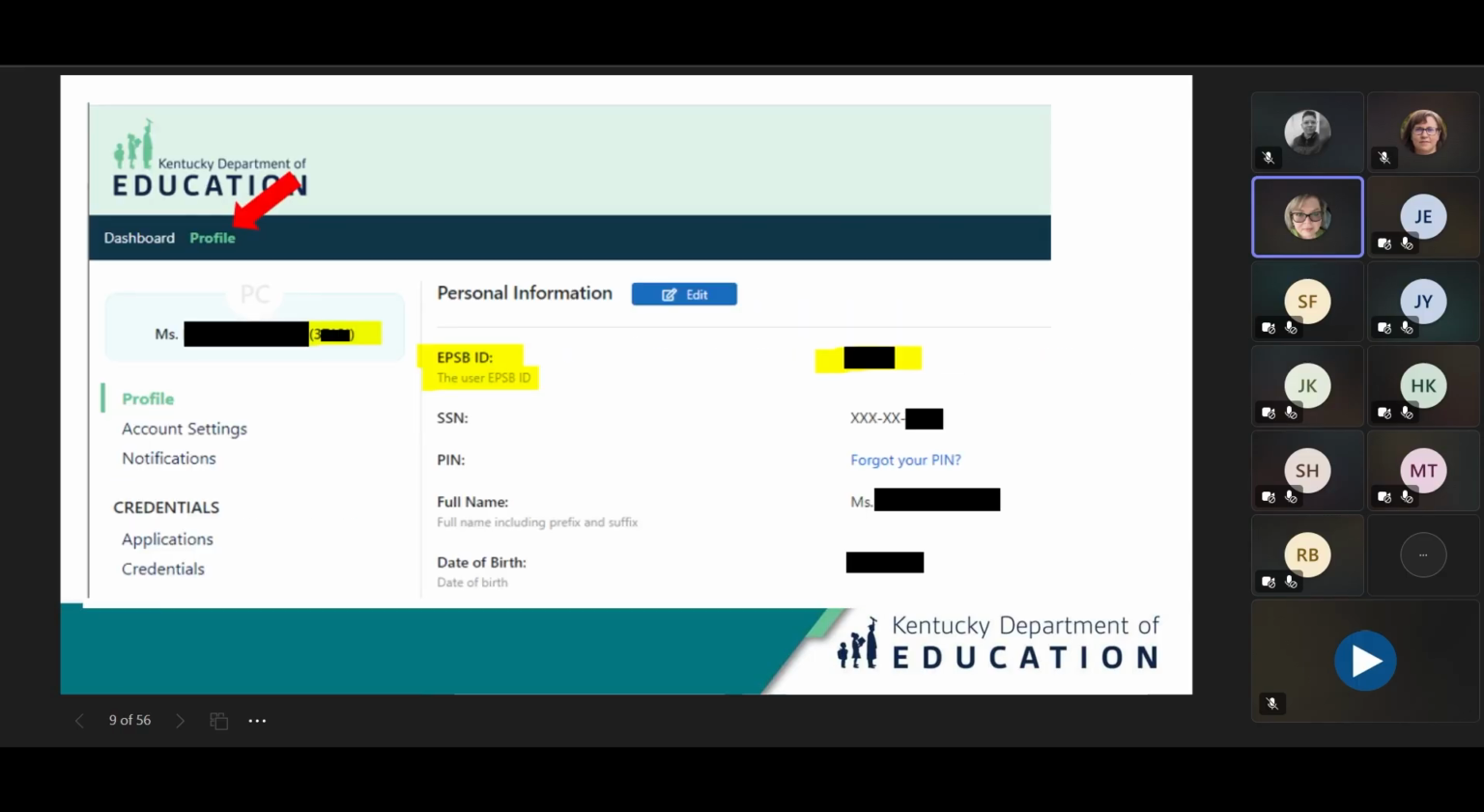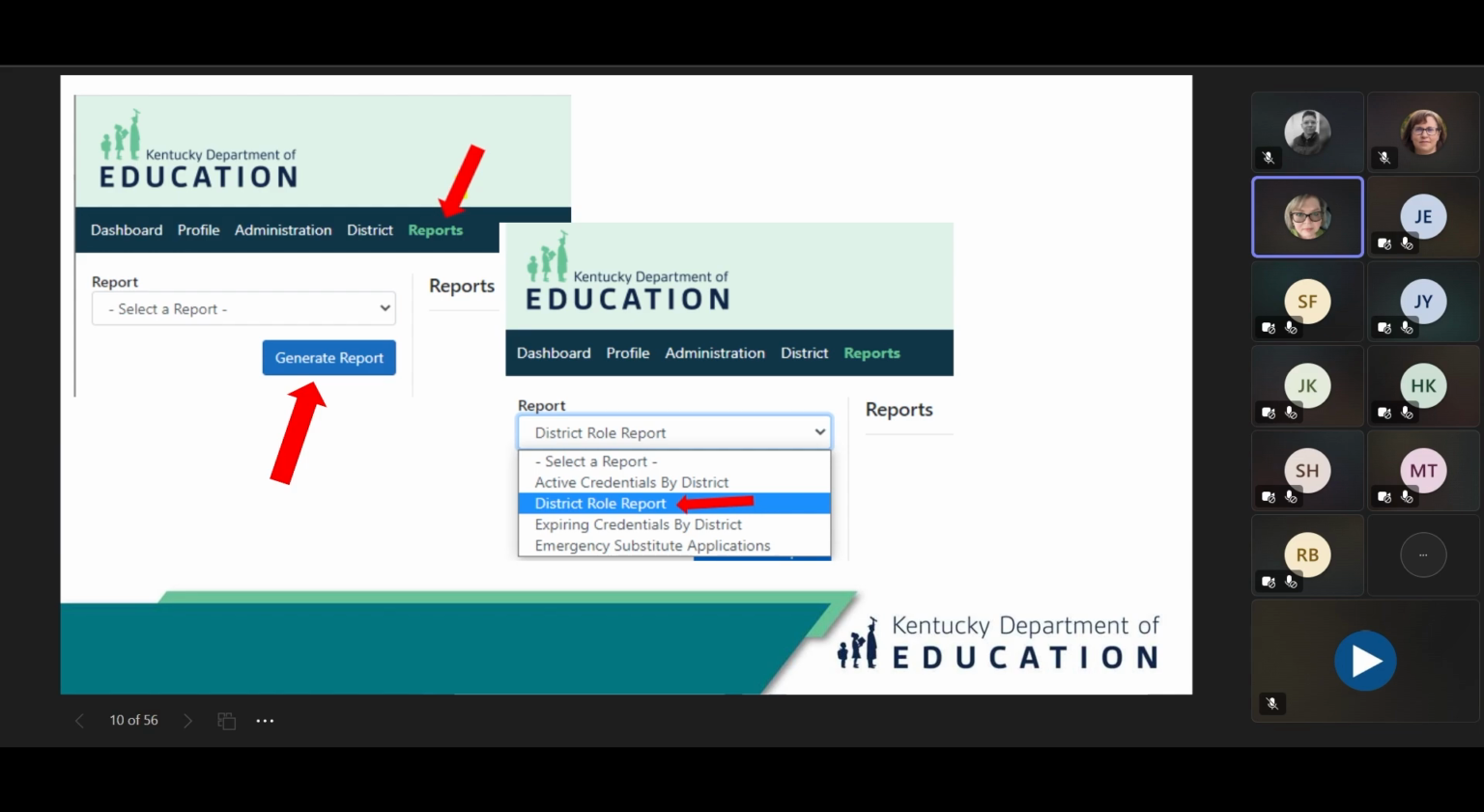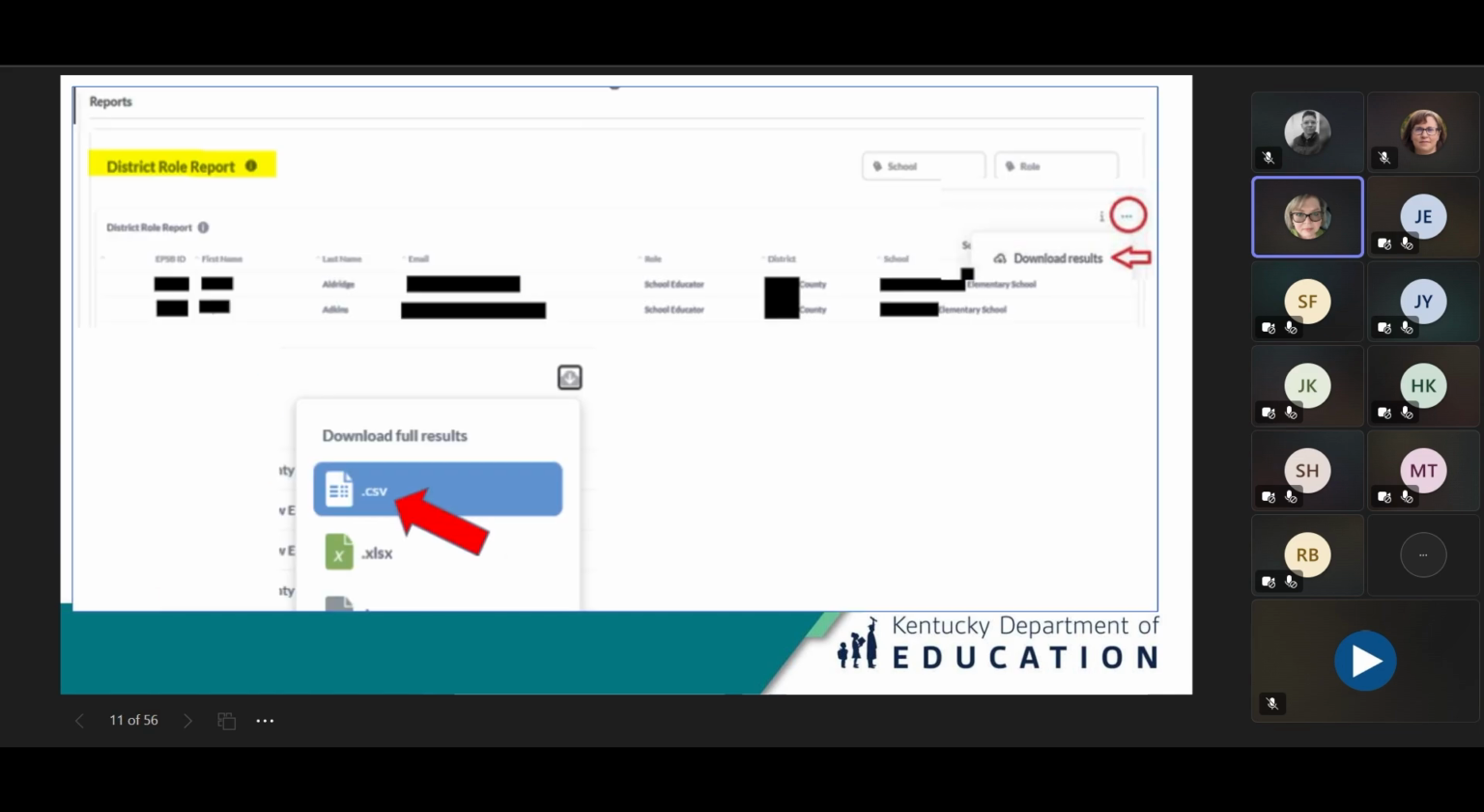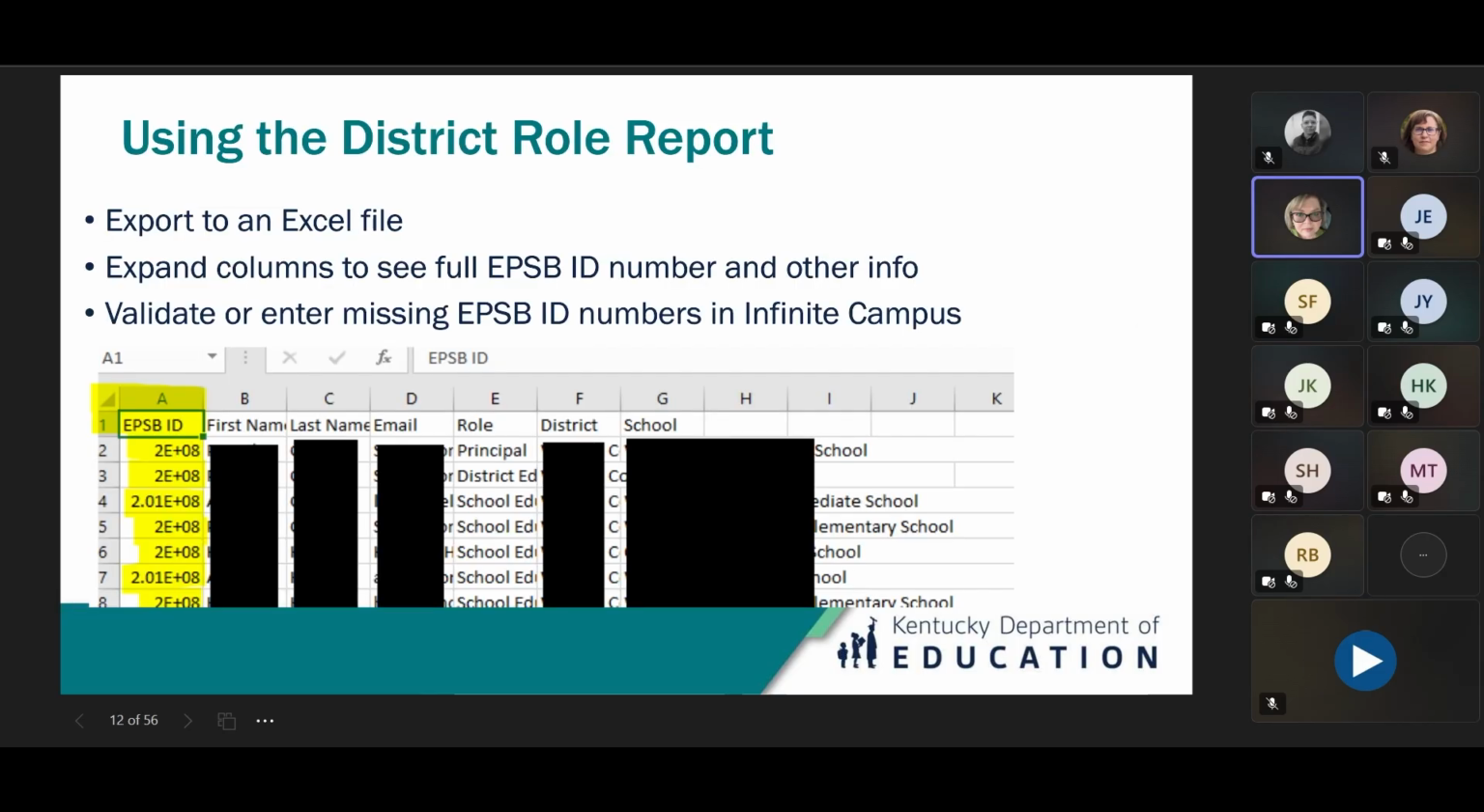So if you don't have that number, you'll need to go to the KEX system to pull that number. In the KEX system, the first thing you're going to do is search in their profile to find the individual. Once you find them, go to reports and generate your reports. You are going to pull it as a .csv file. You'll export it to an Excel file and expand the columns so that you can see the EPSB ID numbers